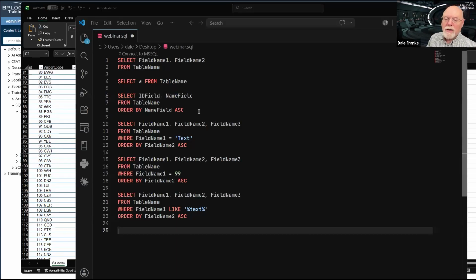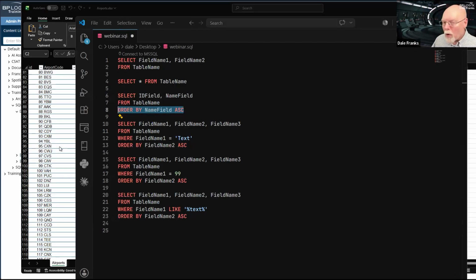And that brings us to the ORDER BY clause. Now, the ORDER BY always goes last. Whatever other things you have in your SQL statement, the ORDER BY is the thing you're going to do last. So we're going to be sure that we select our field names from our tables, but now we're going to select the order. The way I have this written, ORDER BY, we put the name of the field we're going to sort by. So for our purposes, it would be airport name.